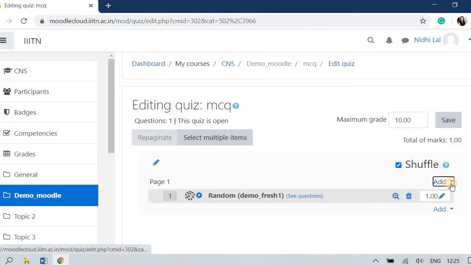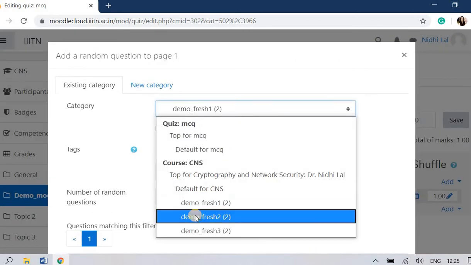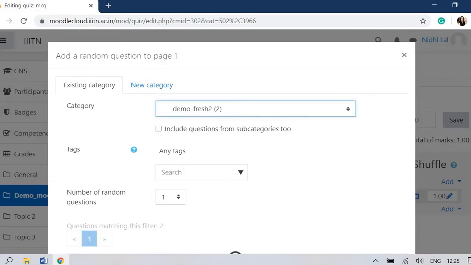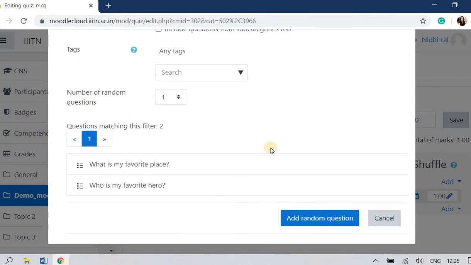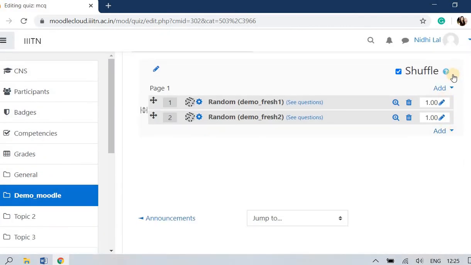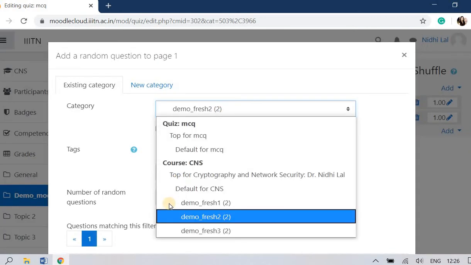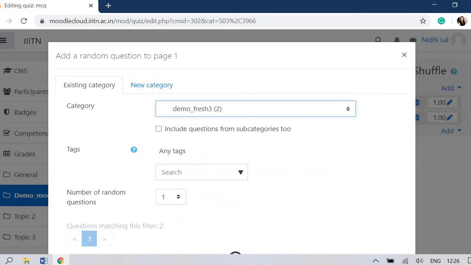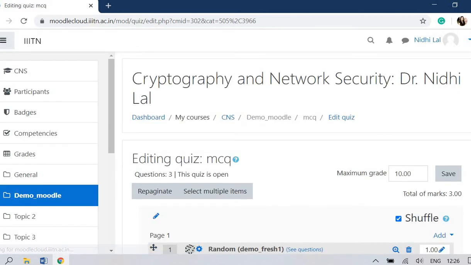In the same way, you have to fetch the question from another category, that is DemoFresh 2. Again, my number of random questions should be 1. In my case, add random question. Now for the third category, I have to select DemoFresh 3 and add random question.